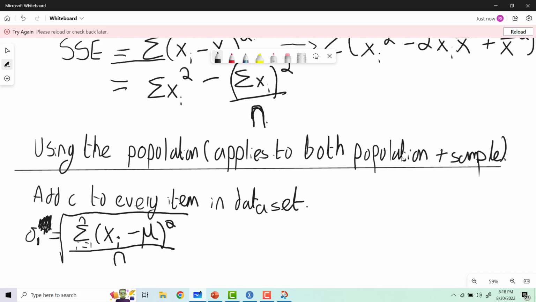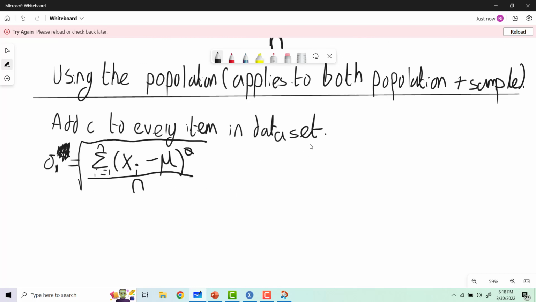And what we want to do is say what happens if we add c to every item. So let's just say add c to every item. Or we'll stick with what the book says. This is going to be old. So sigma old. So we're now going to add c to every item. So we'll call this sigma new